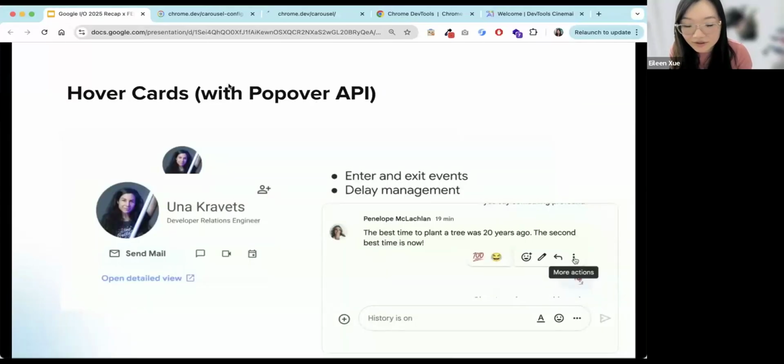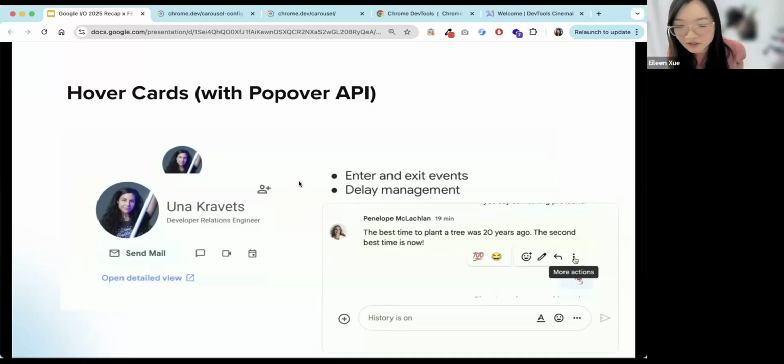Okay, and then the last thing that I want to talk about from her talk was the hover cards. This is something that uses a popover API, which we already mentioned with the select menu. When you click on the select, something will pop over. So popover is used in a lot of different things. One of the key things it's used for, for example, is emoji reactions in a lot of meetings. That's built in now. You can just create a reaction and then a bunch of emojis will pop up. That's a popover. This is a hover card. So you click on someone's profile and then a card will show up.